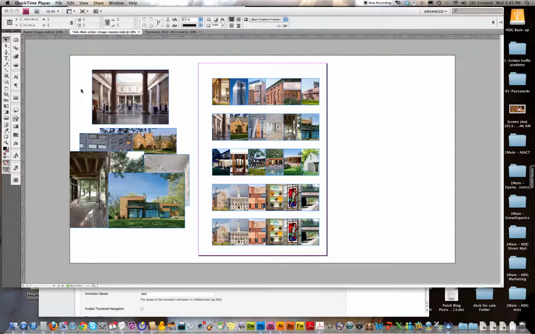This is a two-part video. The first part here is going to be just how to build the images using InDesign and Photoshop. I have a master document here that's titled AI Web Slider Image Master, and this is the 2012 gallery that